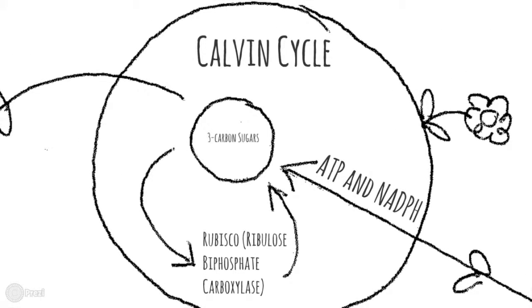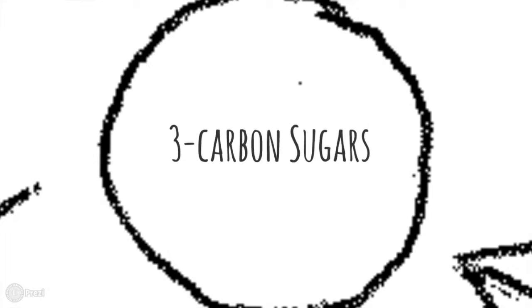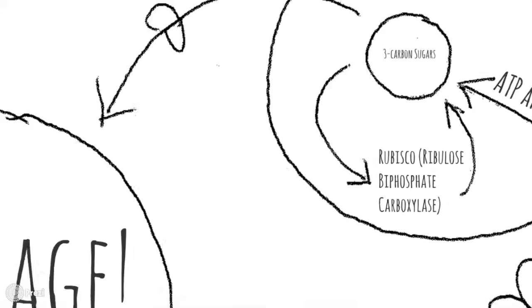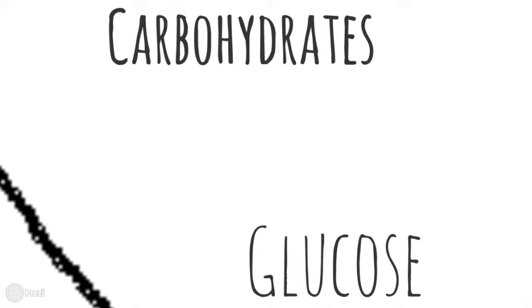These molecules then play an important part in the Calvin cycle, where they help produce strands of 3-carbon sugars through the ribulose bisphosphate carboxylase, also known as the Rubisco enzyme. The sugars are combined with some ATP to become triose phosphates, which are mostly used to fuel this process itself, but some are used to instead store the energy as carbohydrates, such as the glucose we had in the first